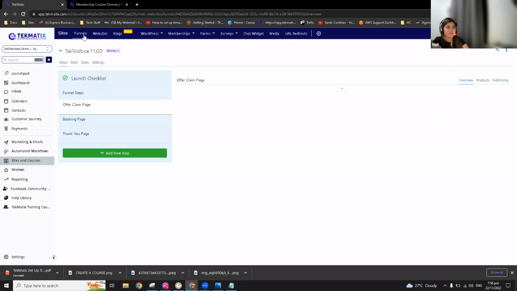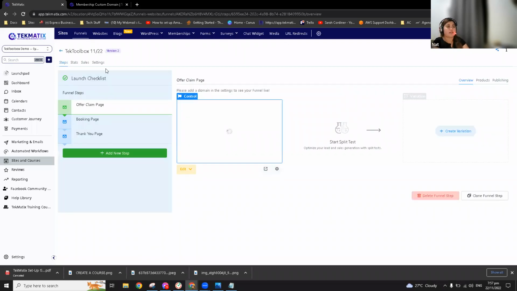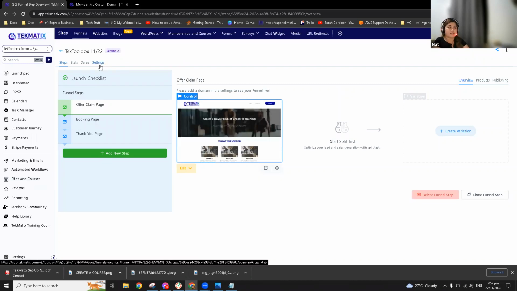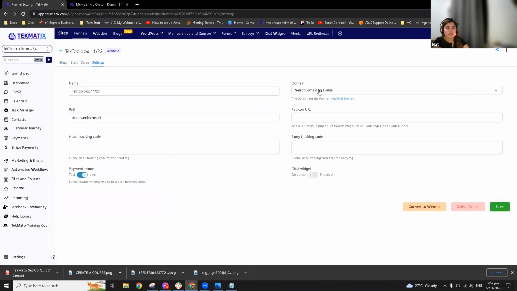So basically, we're still on the same funnel, right? To actually link your domain into the site to make your course category activated, go here in settings, click on this one, and then onto the drop down, select the specific domain that you want to link to the site, which is basically this one. You can actually update all the path redirects in here. And also you can add favicon URL and save.